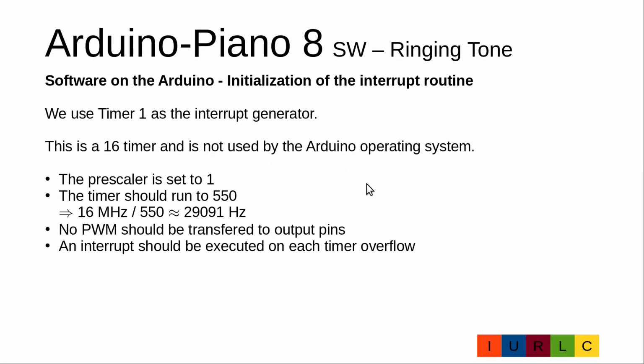The setup should be as follows. The prescaler is set to 1. The timer should run up to 550. With 16 MHz divided by 550, we will result in 29,091 Hz interrupt frequency. We want no PWM output on the output pins, and the interrupt should be executed on